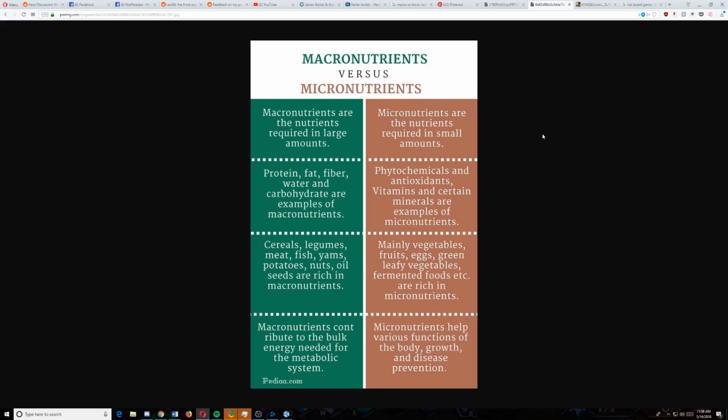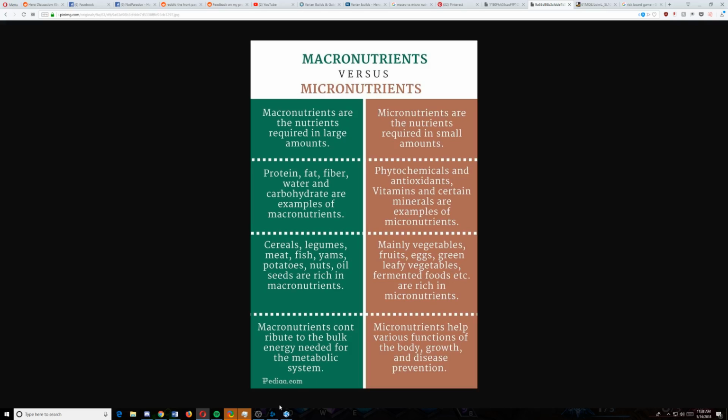But micronutrients are the same. You've got vitamins and minerals, which are all micronutrients. These are just as important, but you just need less of them. For macronutrients, you need a whole meal to give you what you need. For micronutrients, you need a small pill that will get you through a couple of days. So they're both just as important, but you just need different amounts of them.